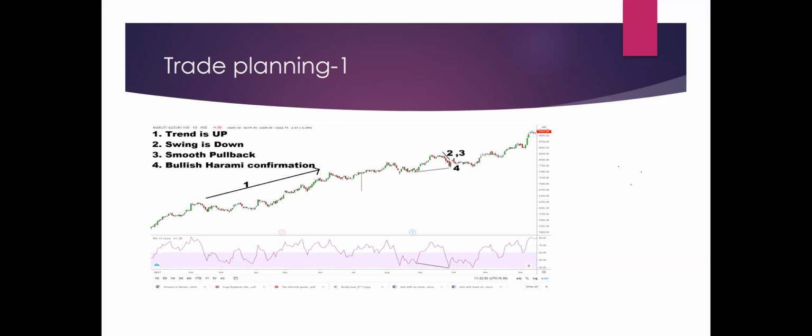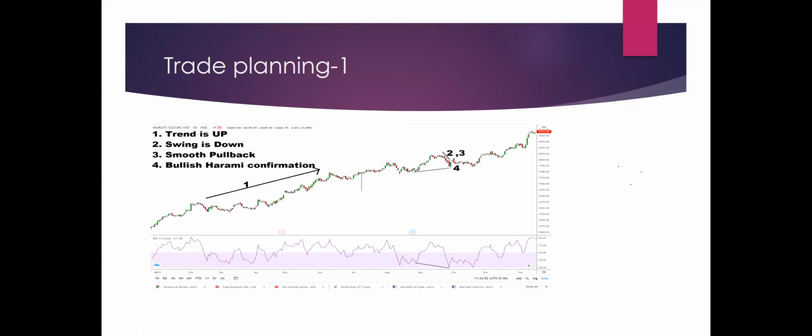If you look at the Maruti Suzuki chart in this example, number one, the trend is clearly up, so it is very clear. And number two, if you look at the pullback during the hidden divergence scenario, it has given a good decent pullback. So that is number two. Number three is it's a smooth pullback. The pullback came in a smooth way. It didn't come in 1 or 2 days. It came over a period of days. It's smooth actually. And can you see that bullish harami confirmation? So there is a bullish harami confirmation. So it satisfies all the four criteria.